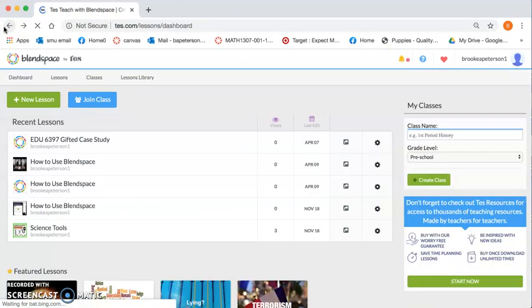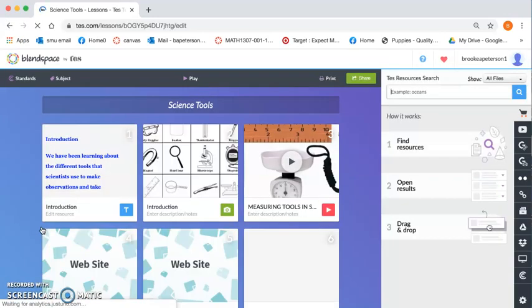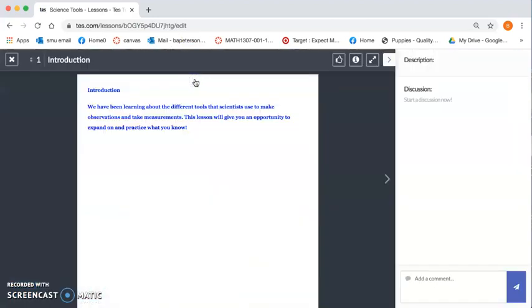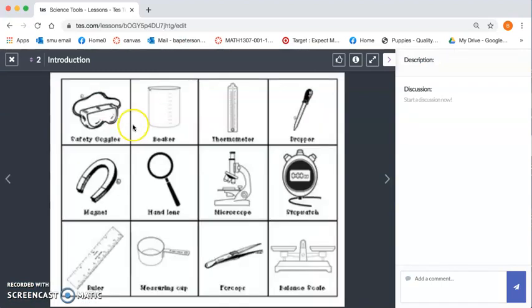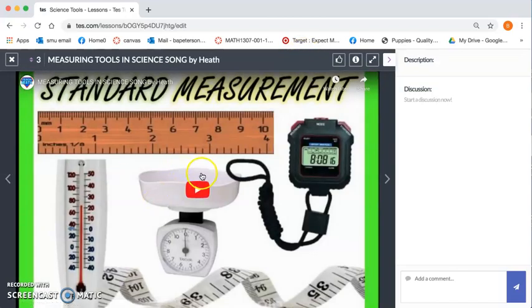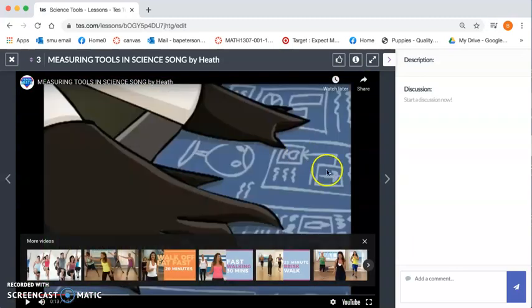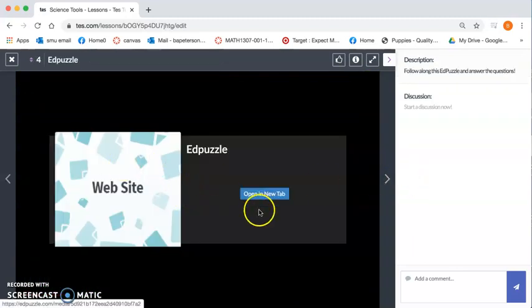I'm going to go back to the Blendspaces that I've created and show you this one on Science Tools. So in this one, I'll just show you if I were a student. So I would hit play at the top to see what a student will see. Starts with an introduction just to explain what they're learning about, and then I just put a picture of Science Tools. As an overview, I embedded a YouTube video that they can watch directly in Blendspace. And then I also put in an Edpuzzle, so that'll open in a new tab,